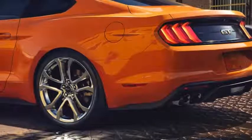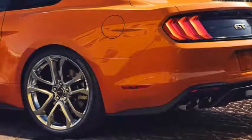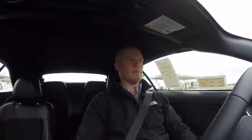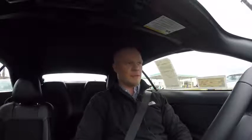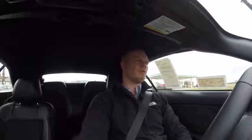The rear fascia looks pretty much the same. We have a quad tip exhaust setup that I am assuming only will be available for the GT. It would be kind of weird if the EcoBoost Mustang were to get a quad tip exhaust look to it, because the EcoBoost Mustang is the most horrible sounding Mustang of all time. It's a great engine. I mean, it's powerful, has horsepower and torque, but